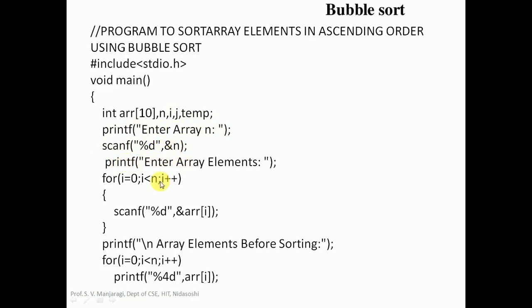Enter the array elements. So read the array elements here using scanf. We know that. Now print the array elements before sorting. Let us take a for loop for i equal to 0 up to n minus 1. Execute printf. If you want to leave a space in between elements, you take %4d and print array of i, where i will be from 0 to n minus 1. We already know that.